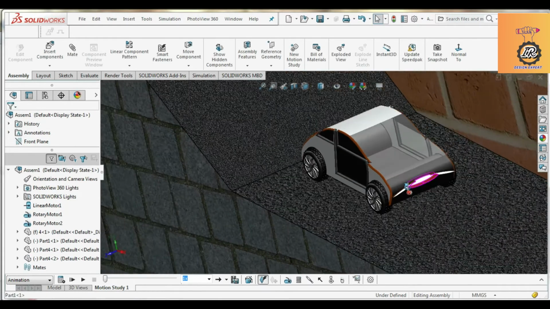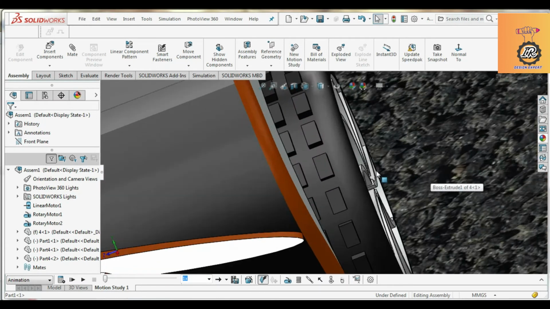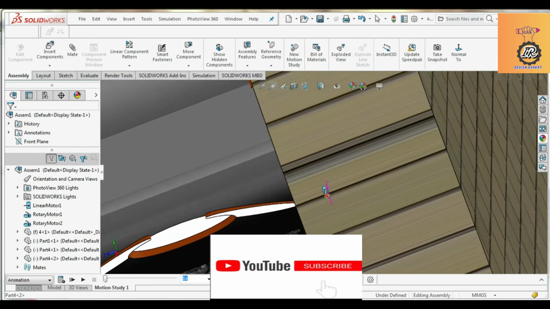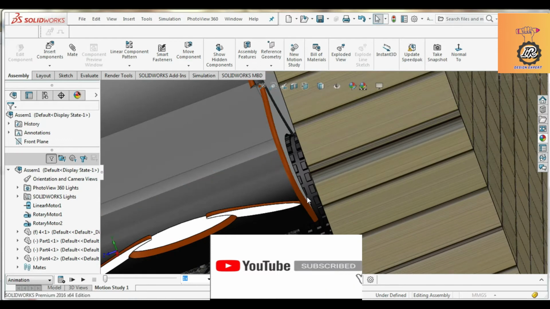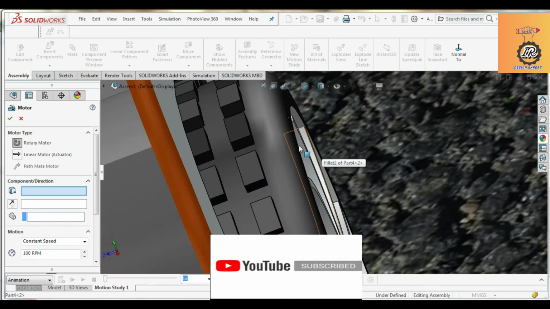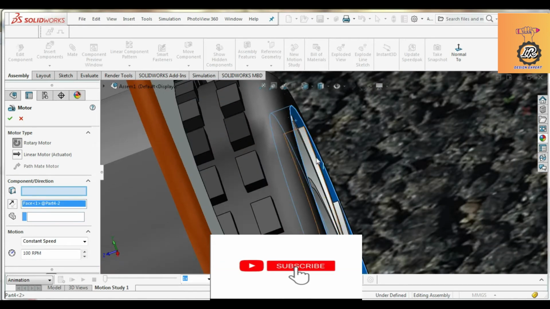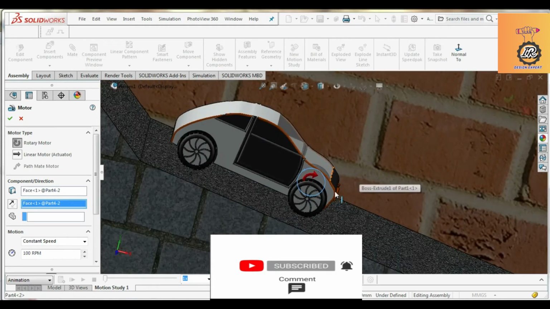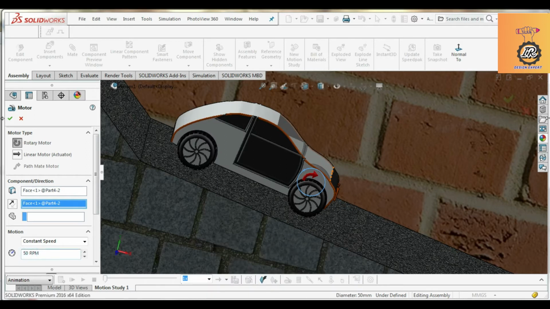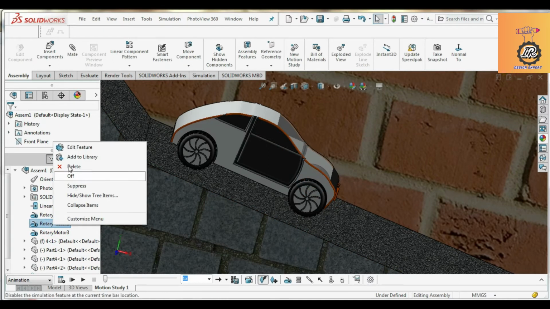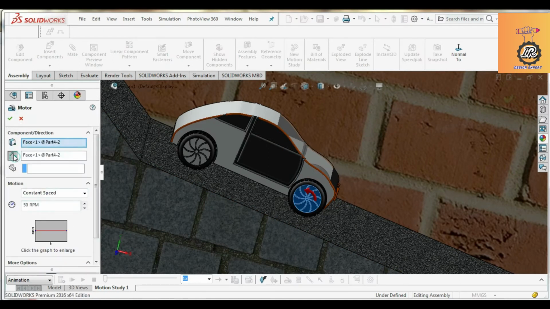Okay, now going to give all 4 wheels the speed, the rotary motion. Select the rotary motion axis, and give 50 RPM. Just want to change the flip direction.